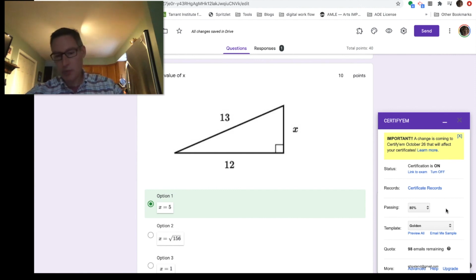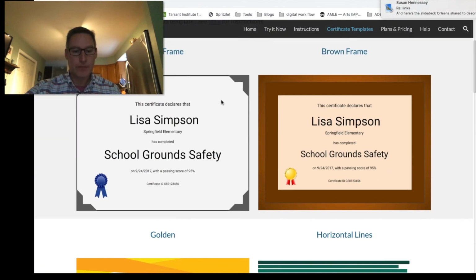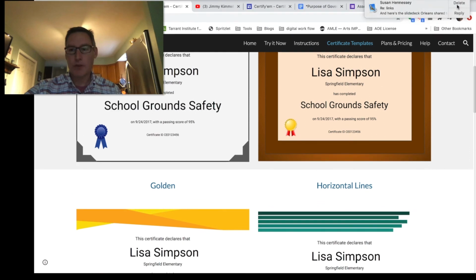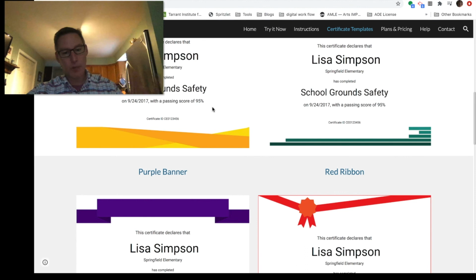If you are using any points or any sort of benchmark, you could say you need this sort of level of correctness to earn your badge or your certificate. You can then customize a particular badge or certificate that they get. And just so you can see what some of them look like. So there's lots of different ways that you could sort of make a certificate that says, oh, I've got a badge or a micro-credential for this, or you're ready to move on to the next piece, just as a way to invite